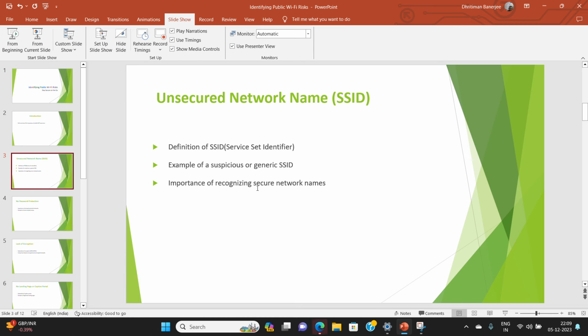There may be an SSID like FBI surveillance van as your network name. For connecting to public Wi-Fi, that can also be a security risk. Maybe they are using it as a joke or prank, but it can be suspicious due to an attempt to mimic a law enforcement presence. So always be cautious. Also a public Wi-Fi name that contains your name can be suspicious.